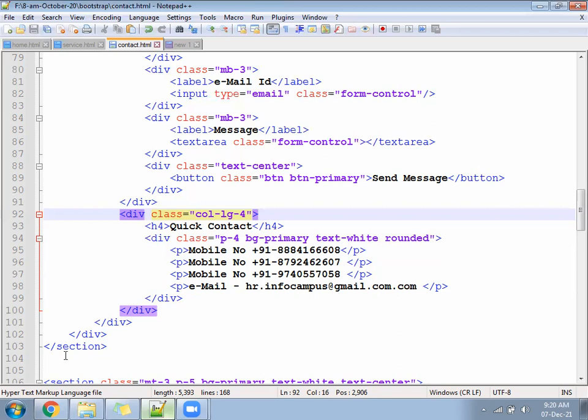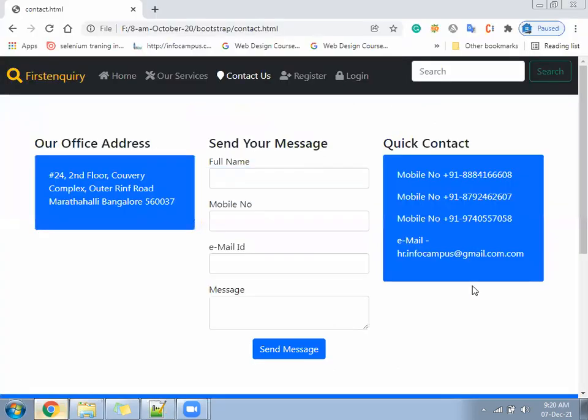Okay, ready? Check now. Something like this. Now you have a register page. Quickly you can create a register page. You can take the copy of contact.